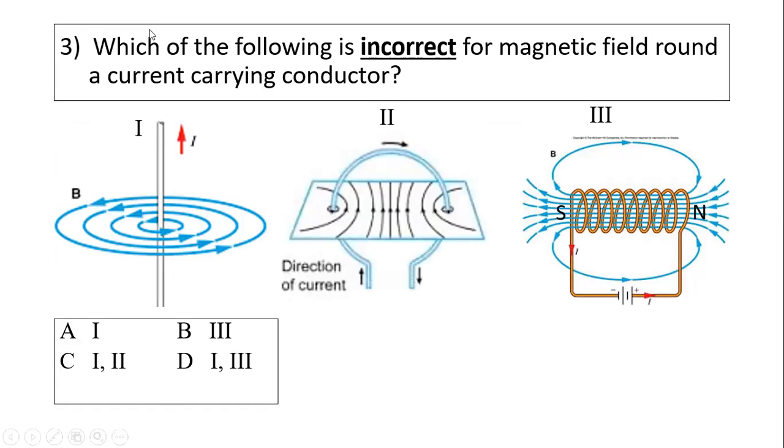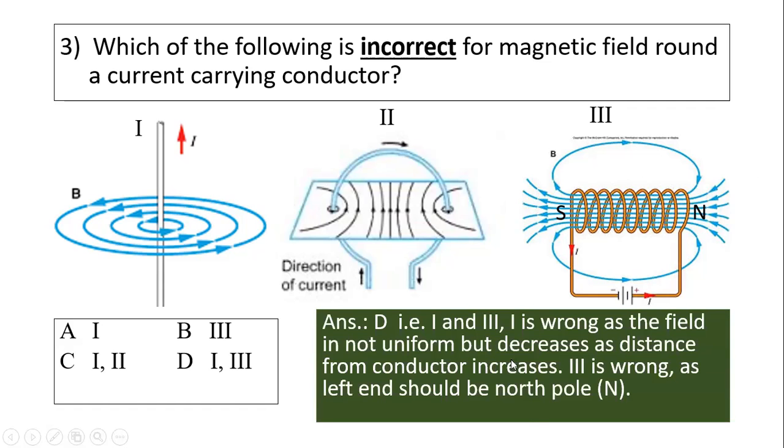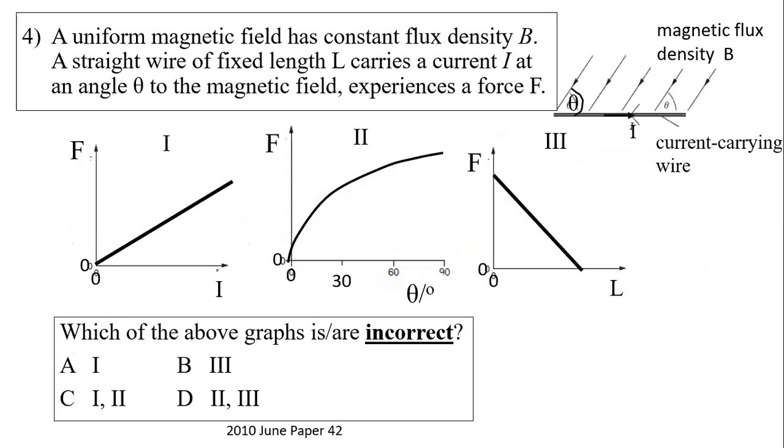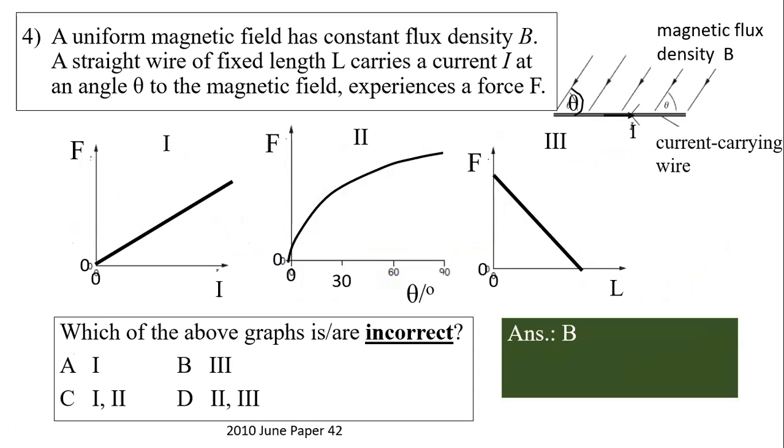You can recognize, even though it is correctly drawn with the correct direction, but it should... Actually, it's 1 and 3, teacher. But they said something else. Yeah, 1 and 3 is wrong. The incorrect one should be not evenly spaced. This one, the polarity is wrong. Okay, only 2 is correct. This one, you know how to play with the formula. Basically, look at the formula, that's all. And then this is a cosine graph, a sine graph, right? Sine graph is maximum at 90 degrees.